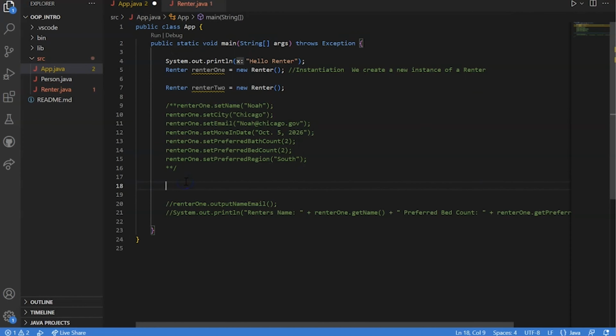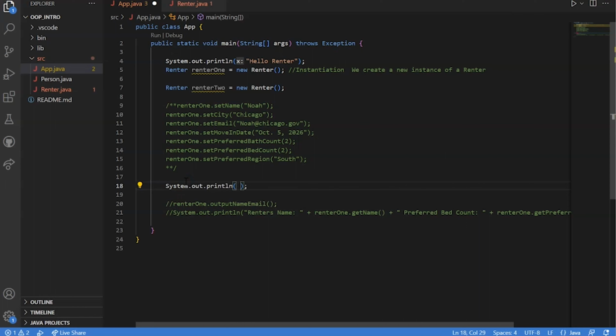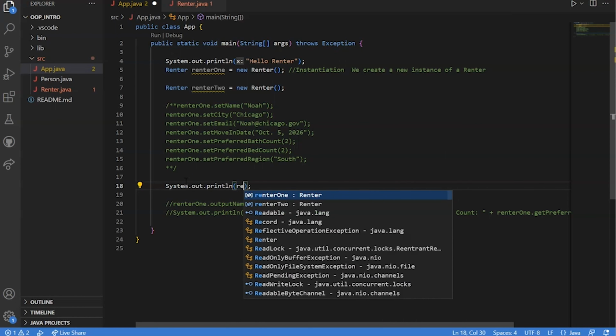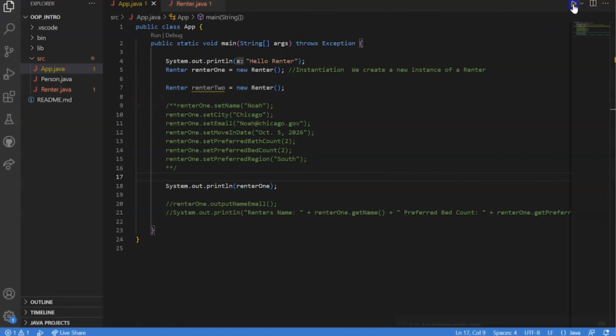So here, let's just do a System.out.println and just call this renter1. Whenever you want to output the toString method, you can just basically output the name of the object. In this case, it's called renter1. And so that'll automatically call upon the toString method to output the string representation for that class. So if we save that and then we press the play button,